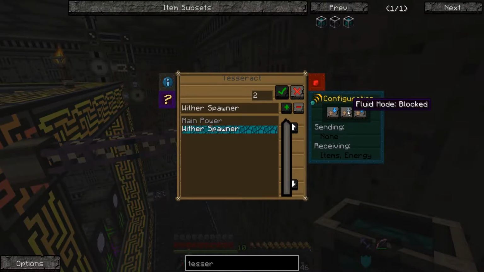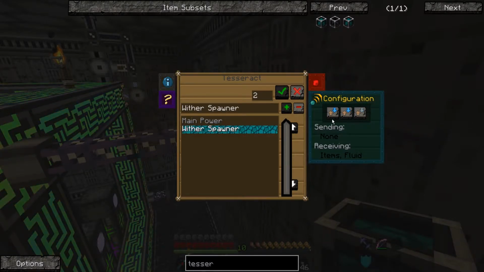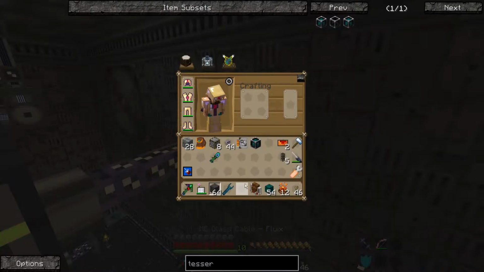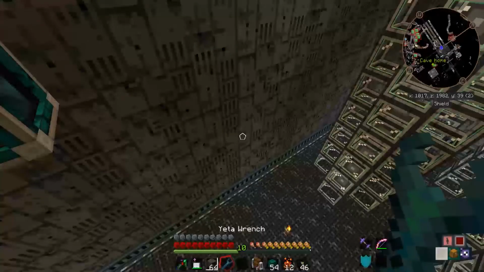We're also going to have to deal with essence. You know what? This is going to receive fluid only. We don't want it to deal with any energy, so that's going to be blocked, but we want it to send and receive items. So there we go. And now we can get our export bus, and we can throw it on just like that. And of course put our capacity card in, and let's grab